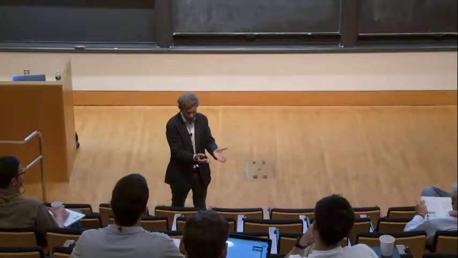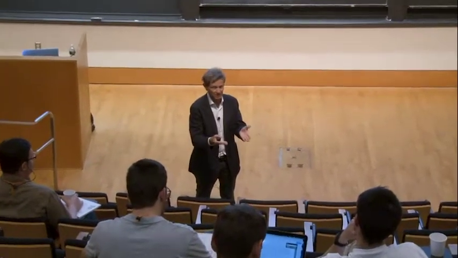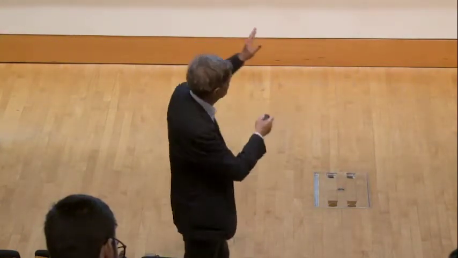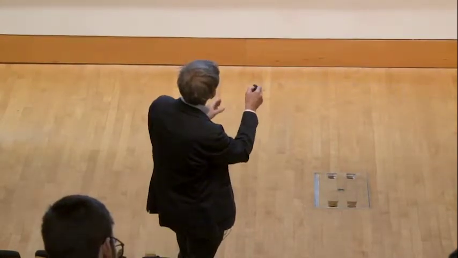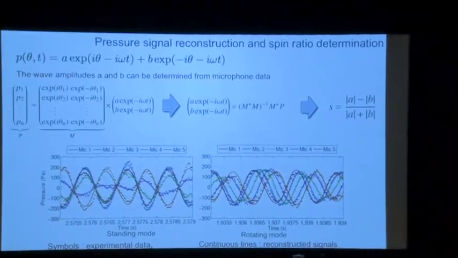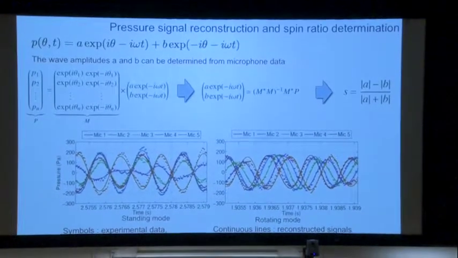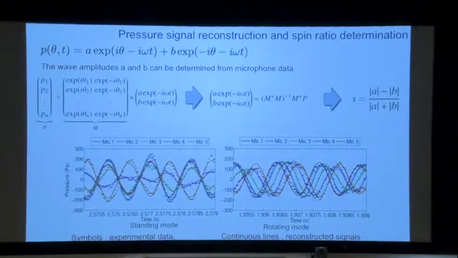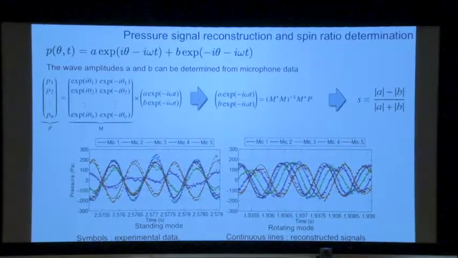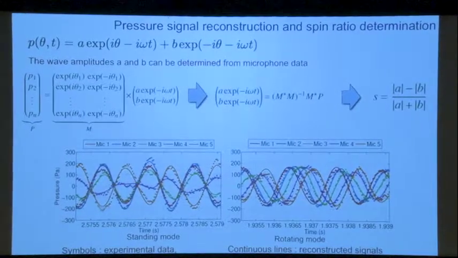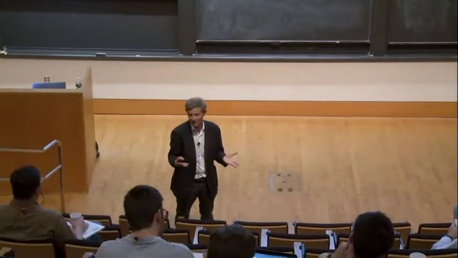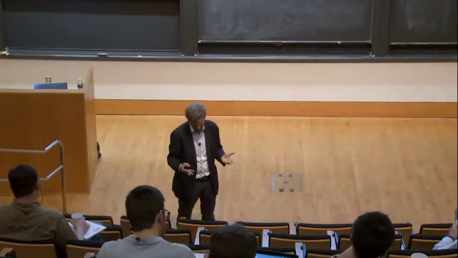You have real signals from your microphones, you take the Hilbert transform, you get the complex signals, and then you can write down exactly what is shown here. And you can get A and B, because you have 5 microphones, but you only need to get 2 constants, A and B. So you use a mean square technique because you optimize. You have more data than you need for A and B. And if you have 10 microphones, it's even better. You get a better result.